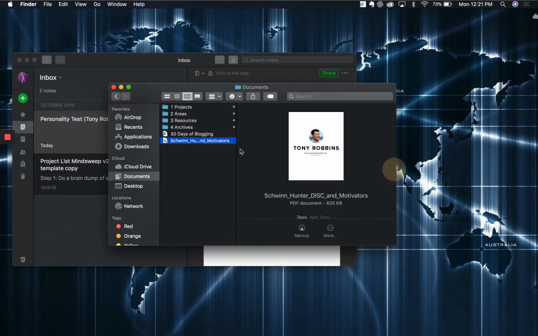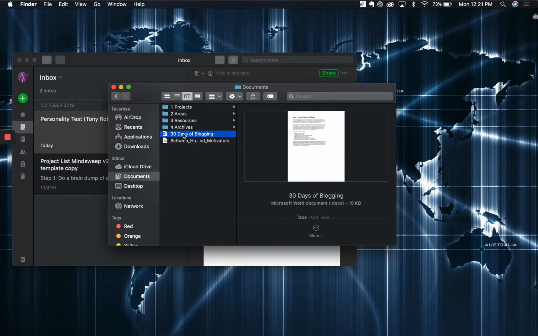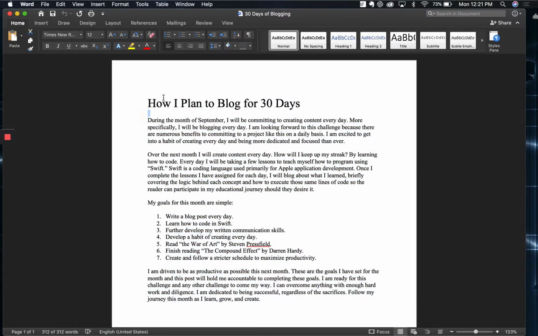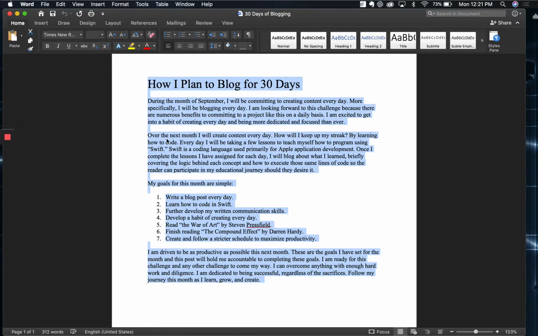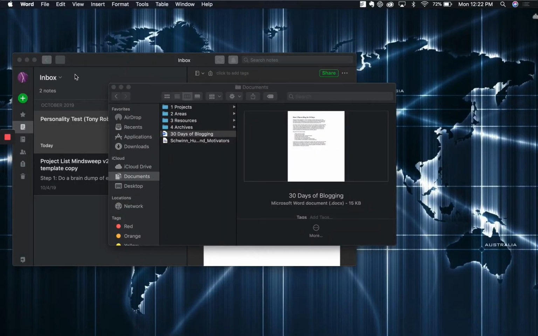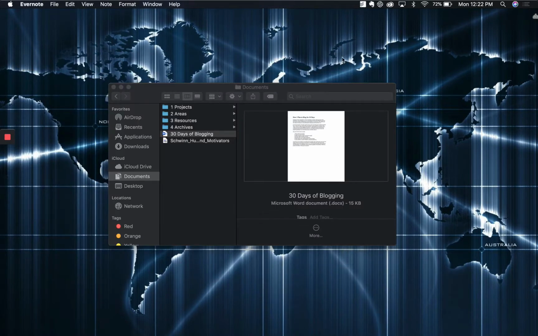And then the Word doc is a little bit different. If I wanted to put a Word doc in there, I have to pull up the Word doc and I have to highlight everything in the document. The reason being is because if I try to drag and drop it, this format of document will actually mess with the original format of how I have laid out the document here. So I have to just highlight everything and copy everything, and then I can minimize this and minimize this,